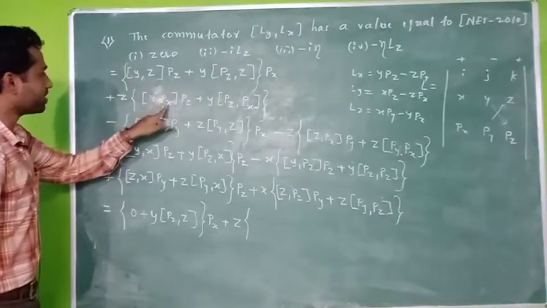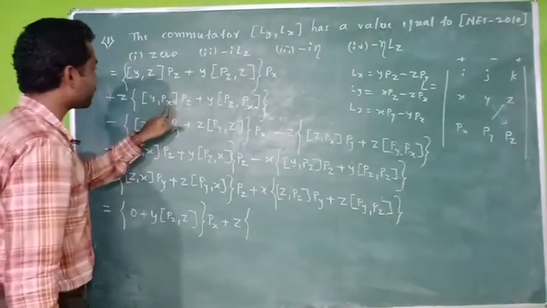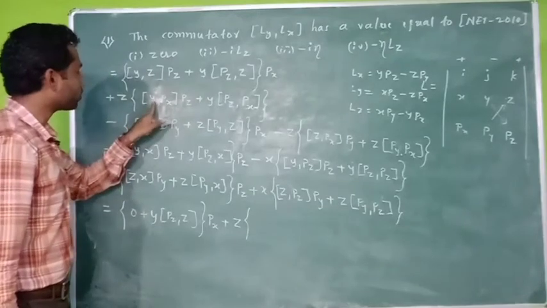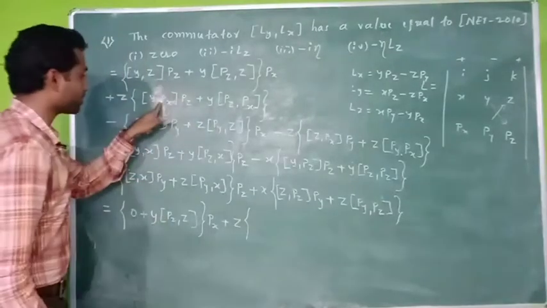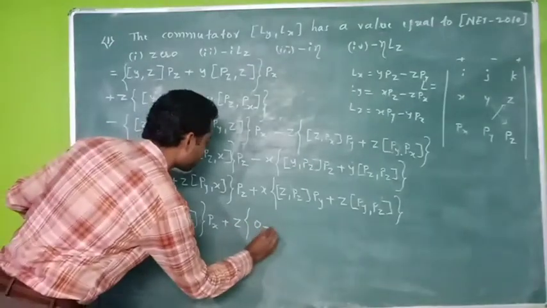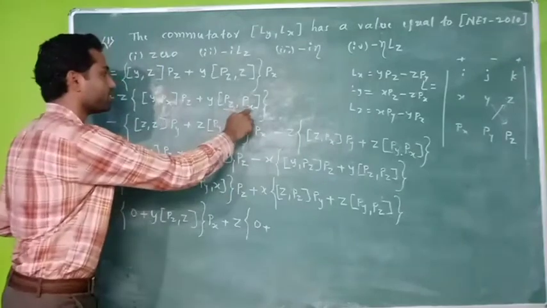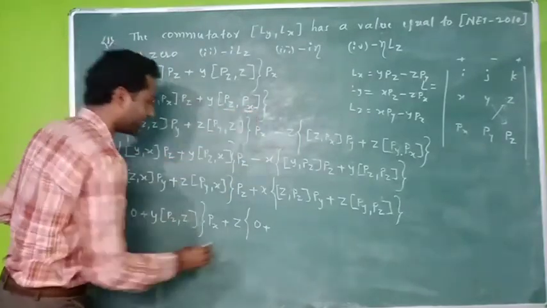So y pz, this is dependent on one independent variable, this is dependent on the y variable. Therefore, according to the second property, this becomes 0 plus, so here also, this is dependent on one variable, this is dependent on another variable. Therefore 0